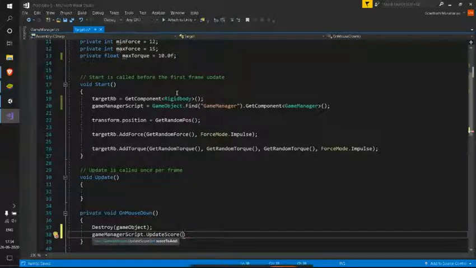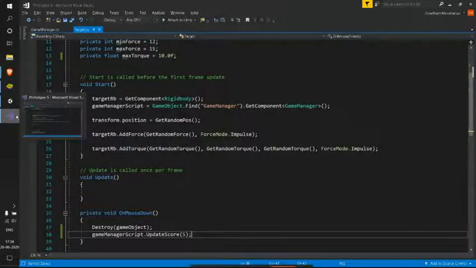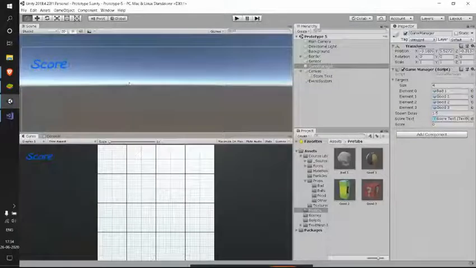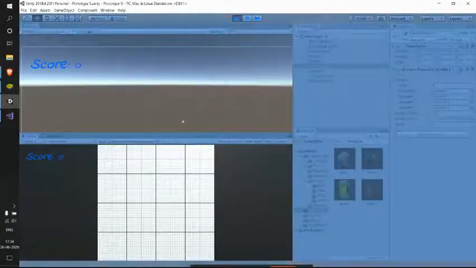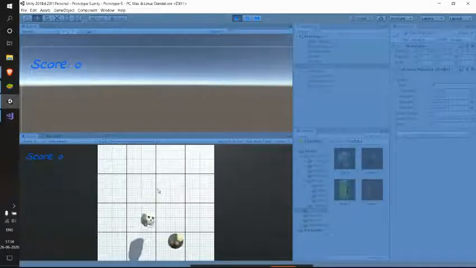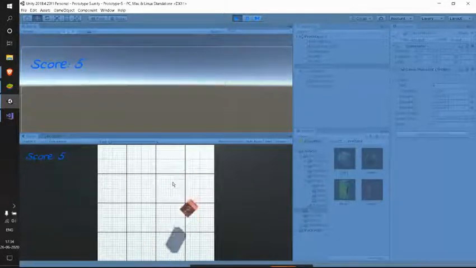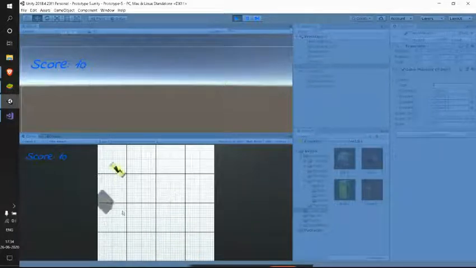Let's keep it generalized. Say if we click on something, we want to update the score by 5. Let's try this as of now. I might not be able to click well because of my mouse condition here, which is very bad, so let me try my best. I'll keep this static and click if something comes in my way. Yes, see, immediately after clicking, I have my score updated, right? See how cool is that?